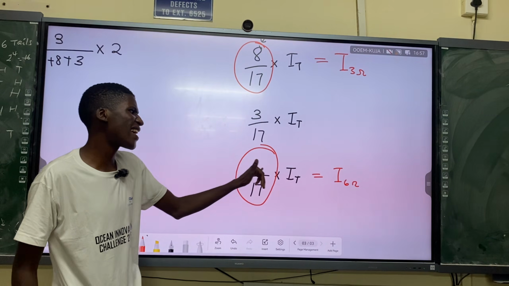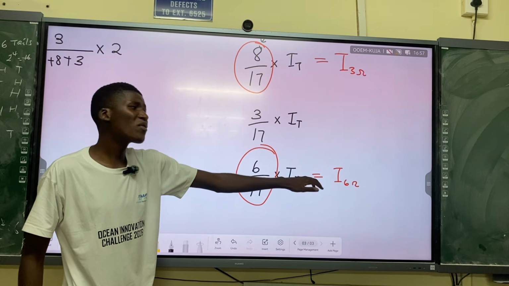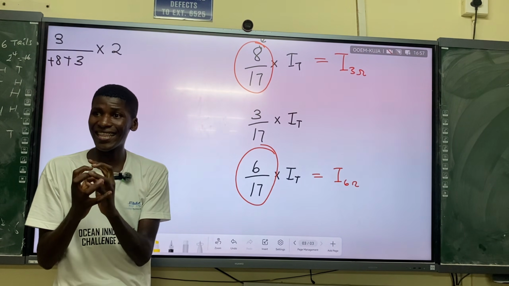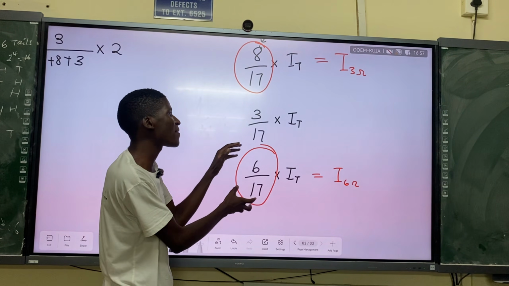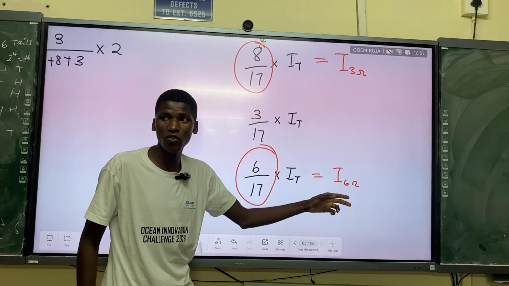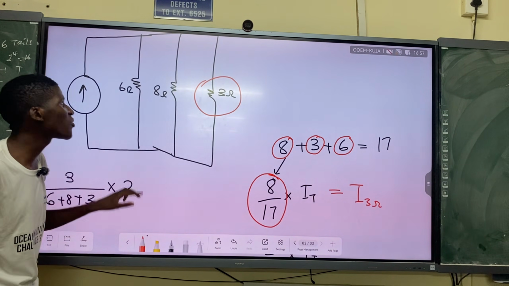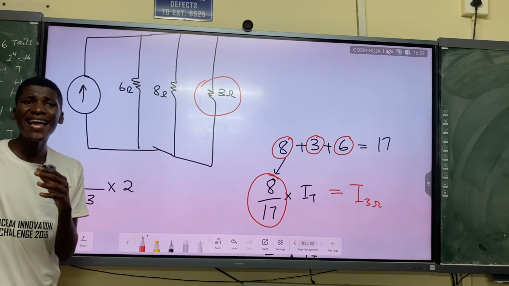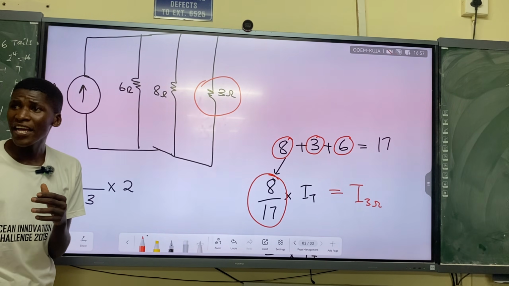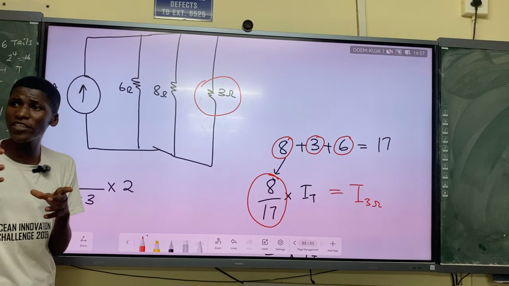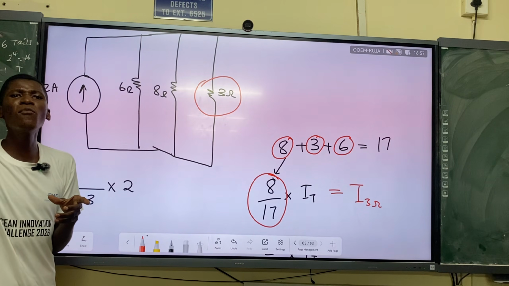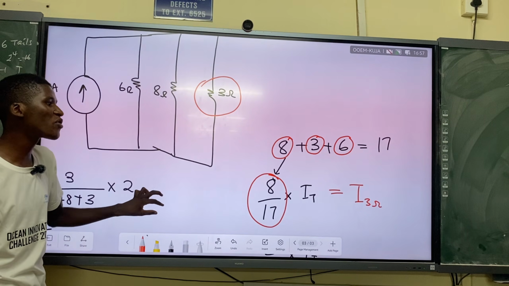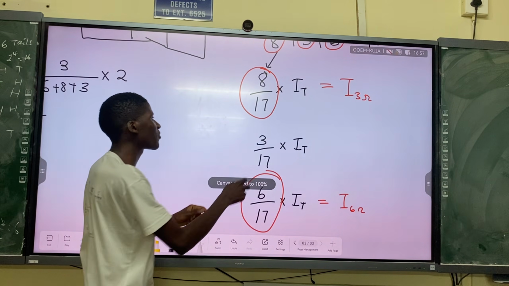Don't worry about it, here it matches because it's the middle one. But don't focus on what the resistance is here or there. Don't focus on that. Look at the portion: how much current are we going to have? Here we're going to have slightly bigger current and it will go to the 6 ohms. Then the smallest current goes to the 8 ohms resistor, because the 8 ohms resistor is the biggest resistance here. Current and resistance are inversely proportional. So if we are taking a bigger resistor such as 8 ohms, it means this one now gets the smallest portion of current. That's how ratio works. So the smallest portion of current goes to the 8 ohms resistor. So this is the smallest portion, 3 over 17.